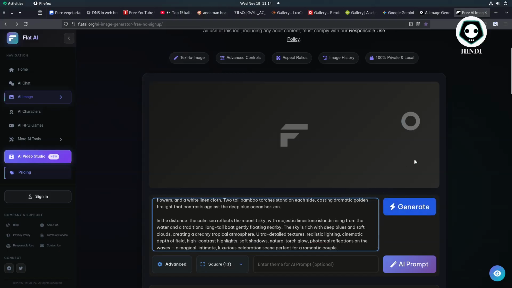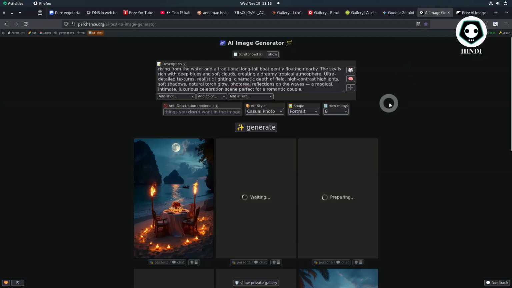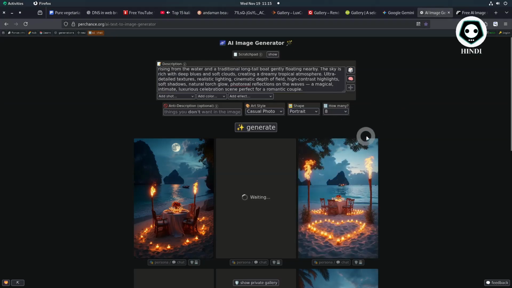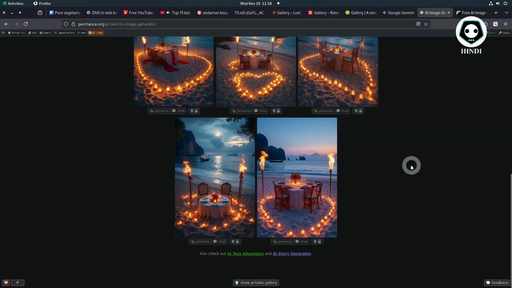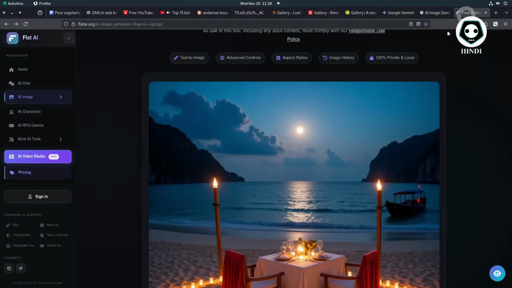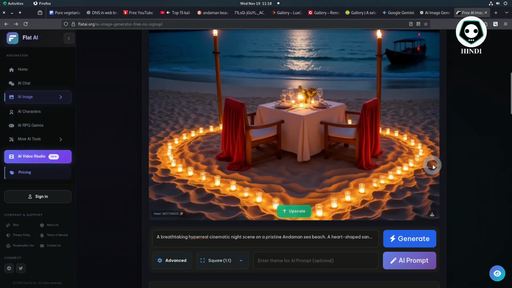Click on the generate button, hit the generate button. So I want to see what website provides me a very beautiful image. You can see here total 8 images. The website is generating. So this is a free generated image.